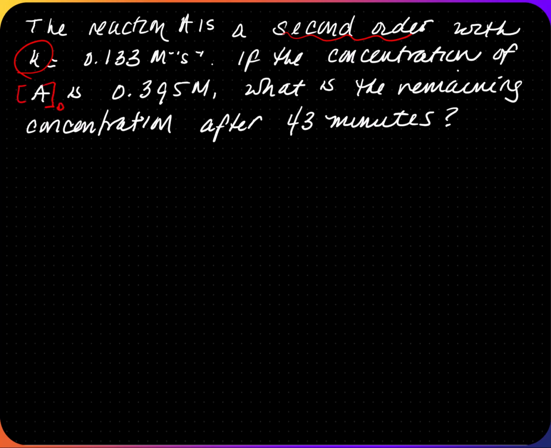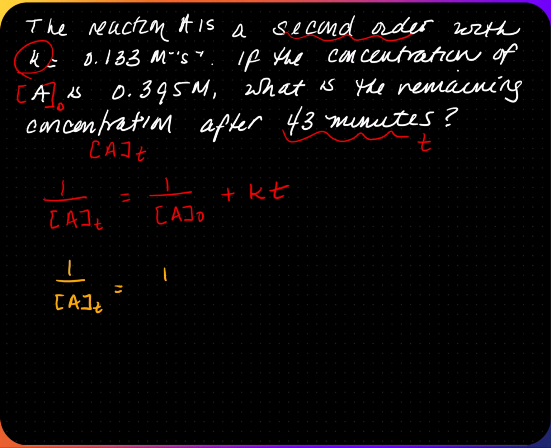What is the remaining concentration after 43 minutes? So this is my time. We're looking for the concentration of A at time t. Since it's second order, my equation is: concentration of A at time t is equal to 1 over the quantity, initial concentration plus kt. Plugging my numbers in, this is equal to 1 over